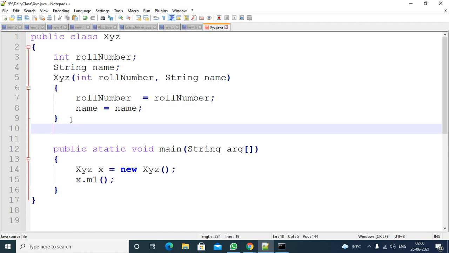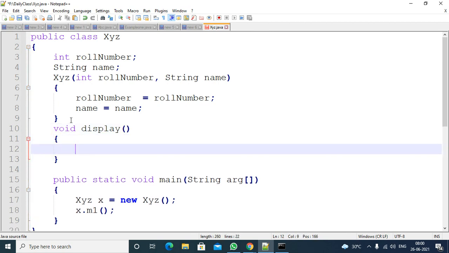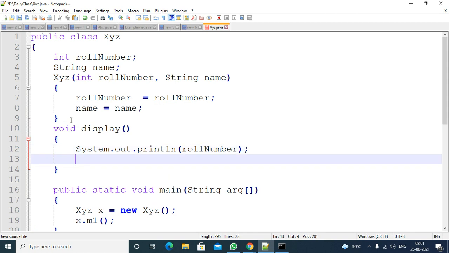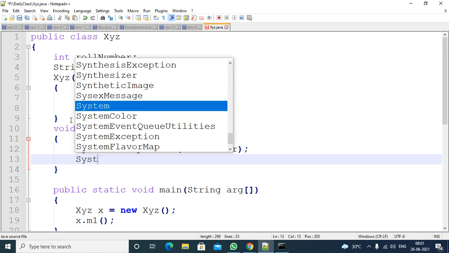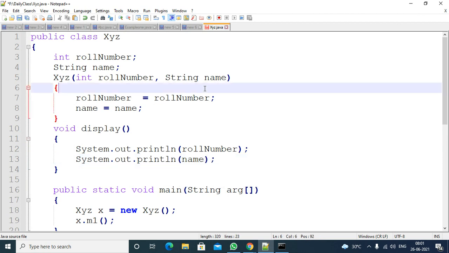I also have a method to display the student data. The method name is display. In this method I am trying to print the data: roll number and name. So observe here.